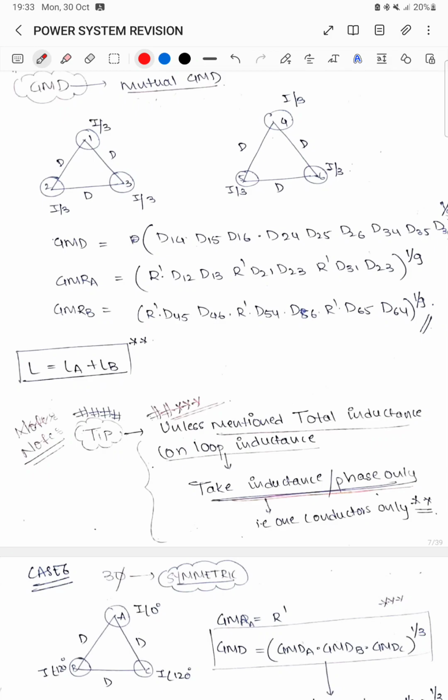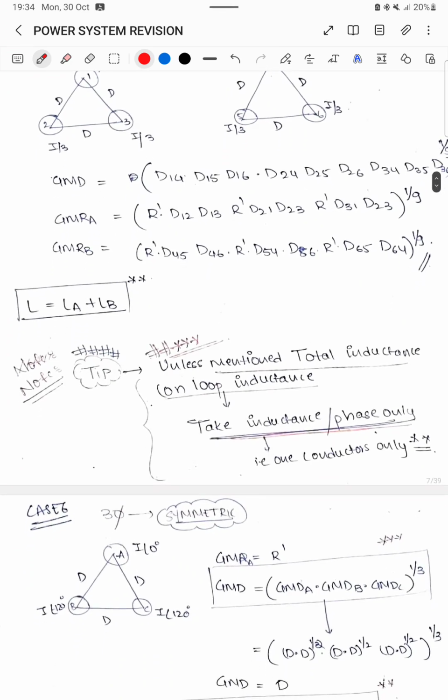Okay. GMR of the conductors of bundle A and bundle B will be different, because it is self. But GMD is the distance from me to all of the neighbouring bundle, then from the second to all of the neighbouring bundle, and so on, that is going to be the same. But GMR is the distance of one brother from the second and third brother, then the second brother from the first and third, then the third from the first and second, to the power 1/4, 1/9. Similarly GMR would be different, but GMD of a system is the same. And net inductance would be LA plus LB. Fine, understood?